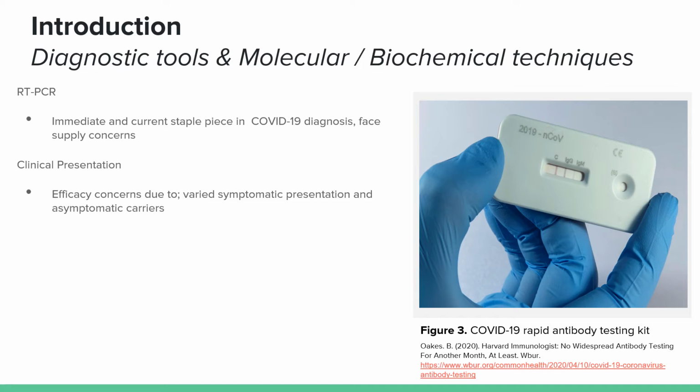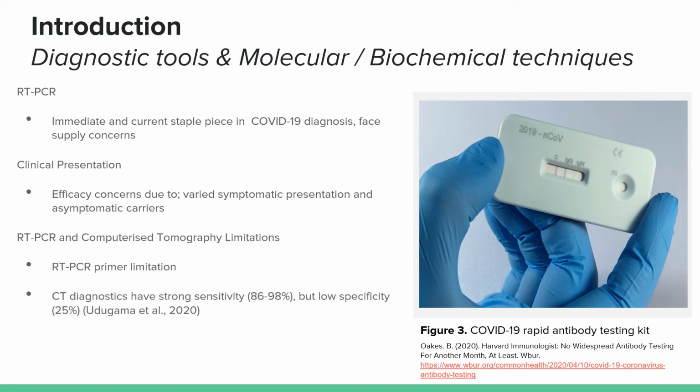However, the tools utilized in COVID-19 diagnosis, such as the aforementioned RT-PCR, have already faced shortages of the unique primers required for sample preparation. In locations that required immediate pathology identification, such as Wuhan Central Hospital, diagnosticians switched to computerized tomography scans as an alternative, potentially misdiagnosing patients with other pneumonia-complicated viruses. This was due to their strong sensitivity at 86 to 98%, but low specificity at 25%.